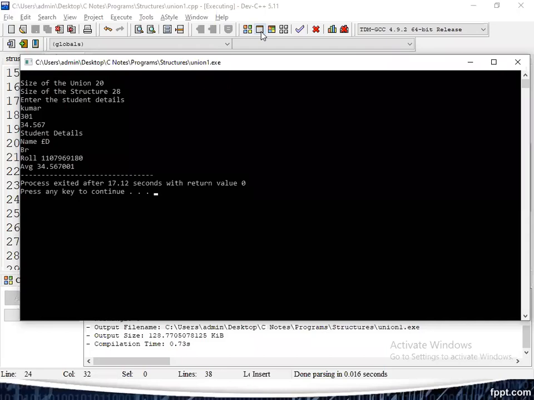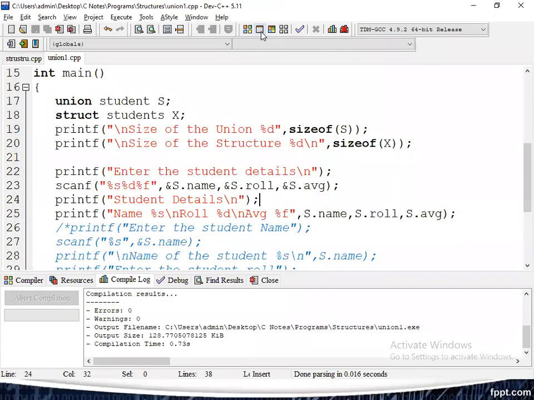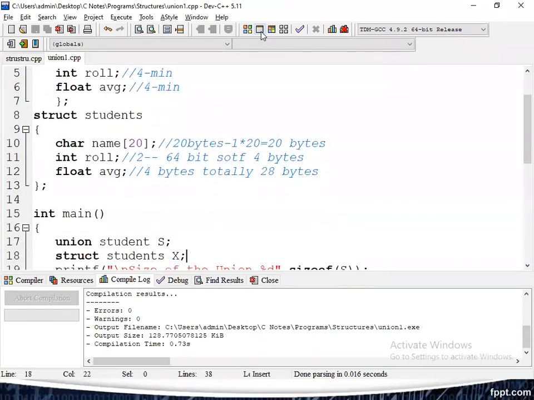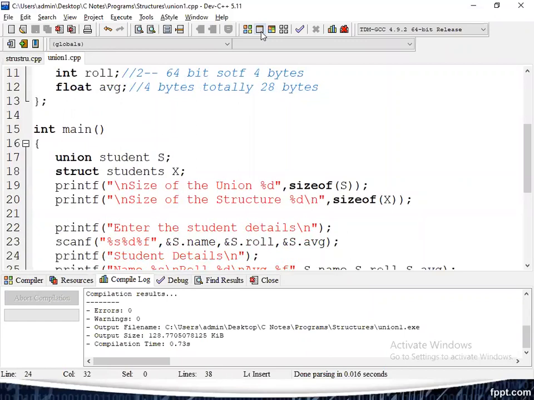Why? Because it occupies only one location. In this program, what is the total size of the union? 20 bytes. The 20 bytes are allotted at one time for name, and at that time only we can access the name. Next time, the total 20 bytes are allotted for roll number, then we can access the roll number.